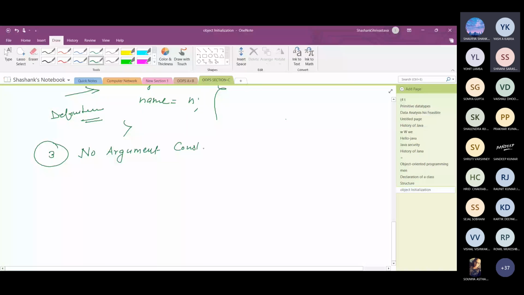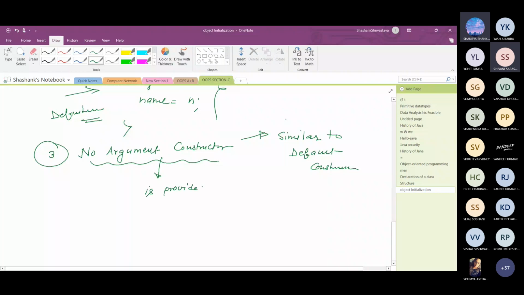Actually, this type of constructor is similar to the default constructor, but both are not exactly the same. It is similar to the default constructor, because the default constructor is also a type of no argument constructor. But here, this no argument constructor is provided by the programmer.